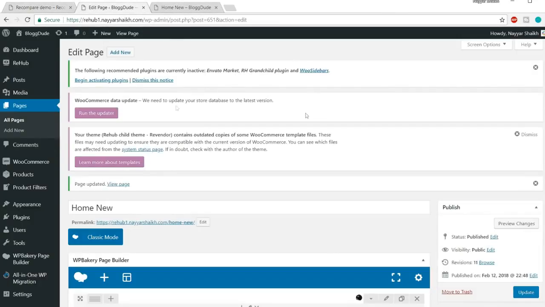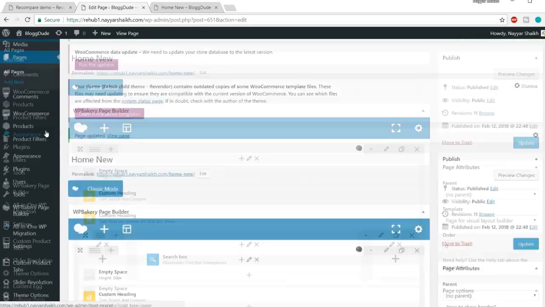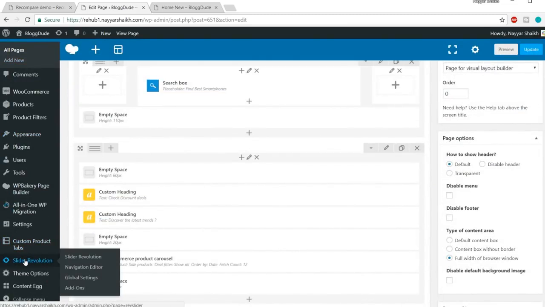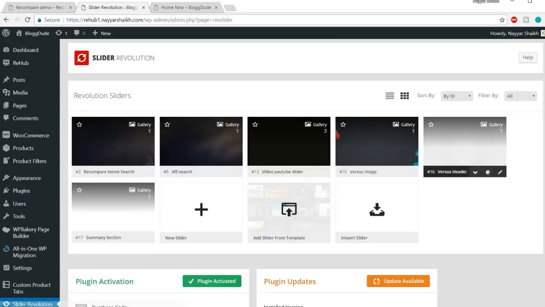So let's come back to our home page or to our dashboard, and from the left hand side you will see Slider Revolution. Click on that. We don't actually have to create this slider because it is already created. This is the one, video YouTube slider. You can just use this one, but I'm creating one because I want to show you guys how to do that. We just cannot use the default one. I want you guys to learn how to create a slider